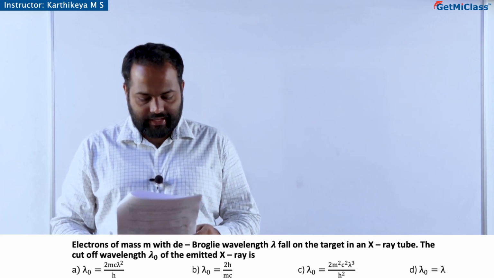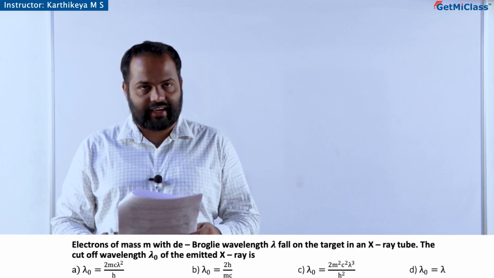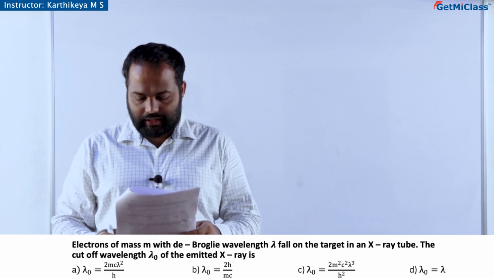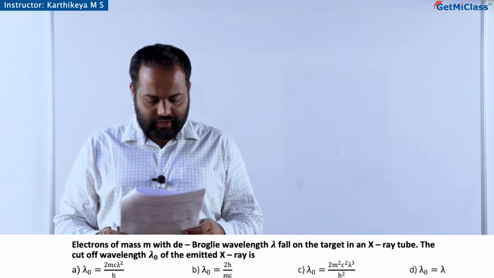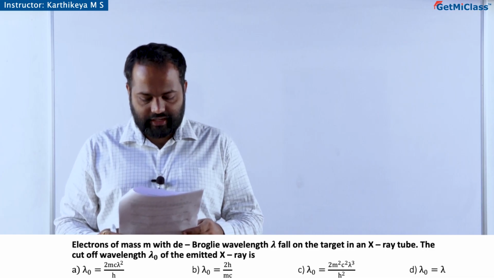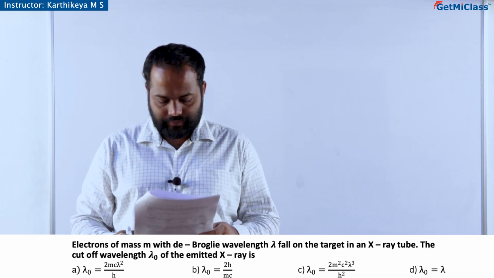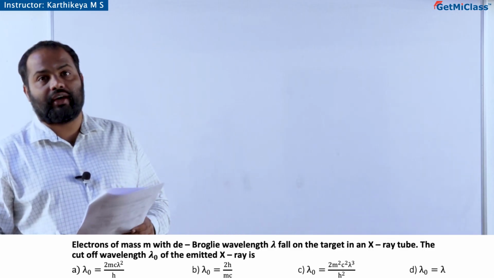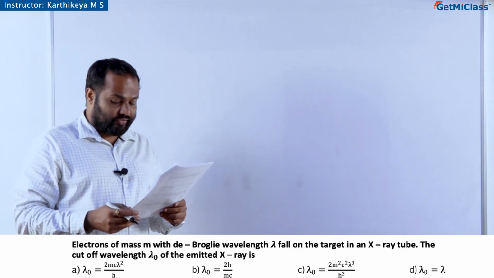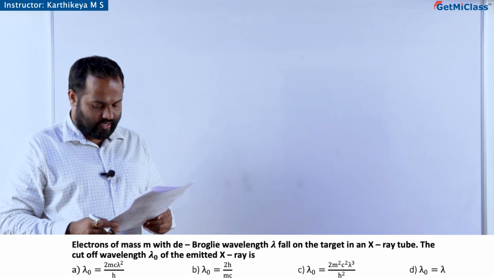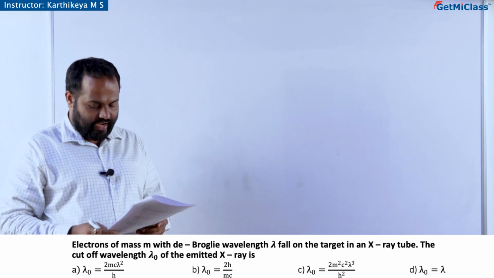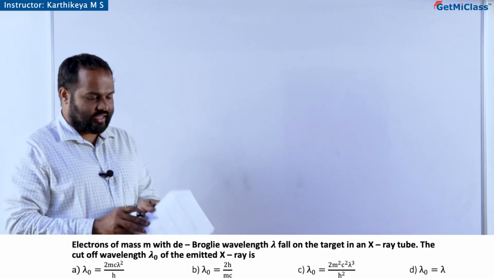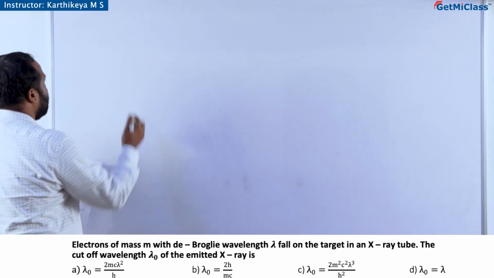Electrons of mass m with the de-Broglie wavelength lambda fall on the target in an X-ray tube. The cutoff wavelength lambda naught of the emitted X-ray is... So you have to find out the cutoff wavelength of this X-ray tube, lambda naught, in terms of the incident wavelength lambda. The electrons are incident. So now